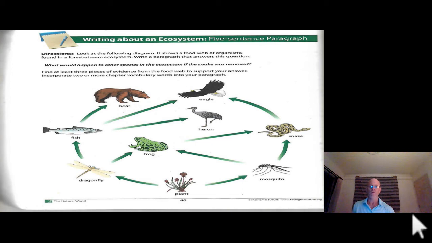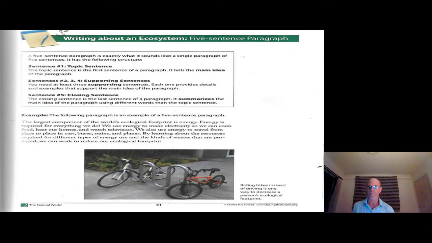Okay, so if we look at this more specifically, again, your first sentence is your topic sentence. Every paragraph has a main idea. What is your main idea? And then you're going to have 3 pieces of evidence, 3 supporting details that lend support to or proof of your main idea. And then a closing sentence, basically you're stating your main idea again in different words. Okay, so let me give you an example. If you look at the example there at the bottom,